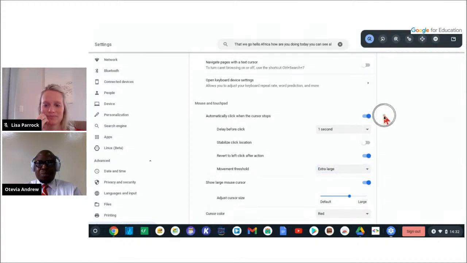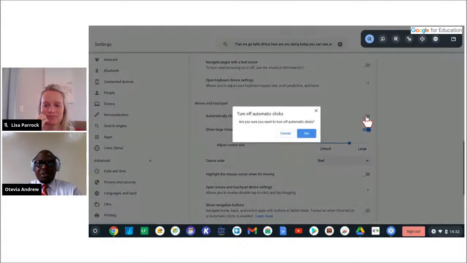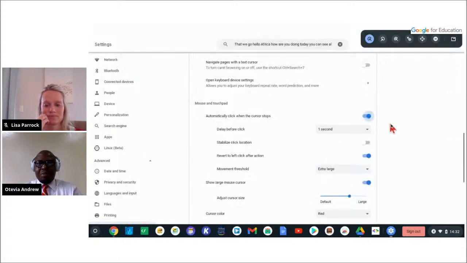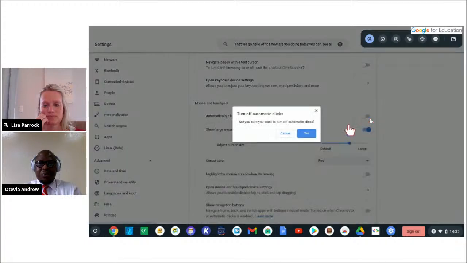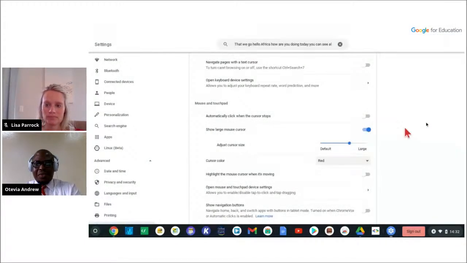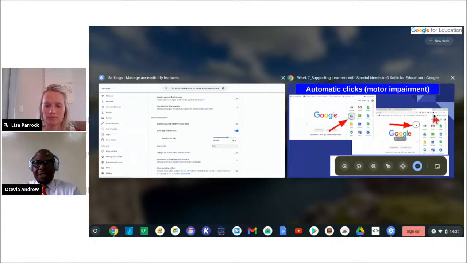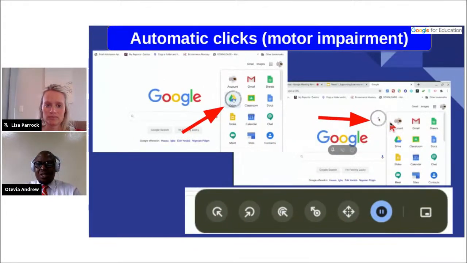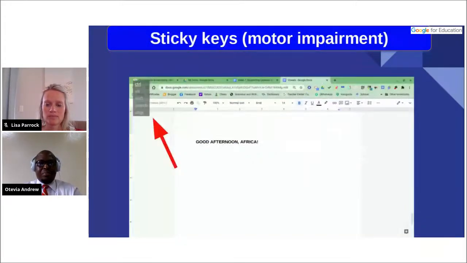Okay. So just move your cursor over anything you wish to click, and it clicks automatically without having to press any button. So I'm going to deactivate that. There we go. Yes. Next, another feature that can be used to support learners with motor impairment is